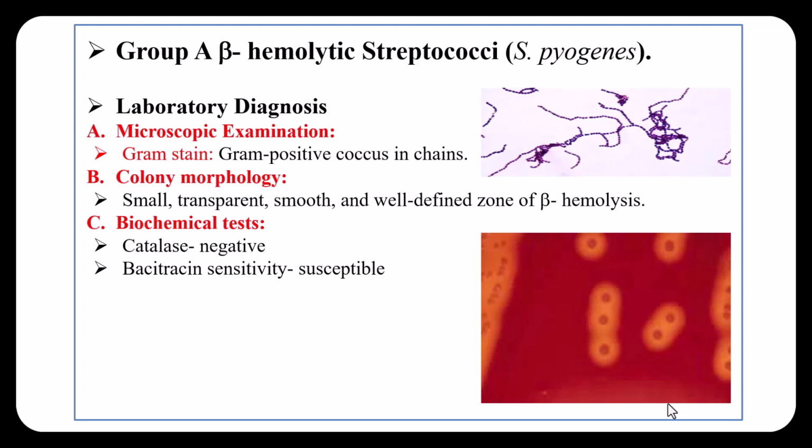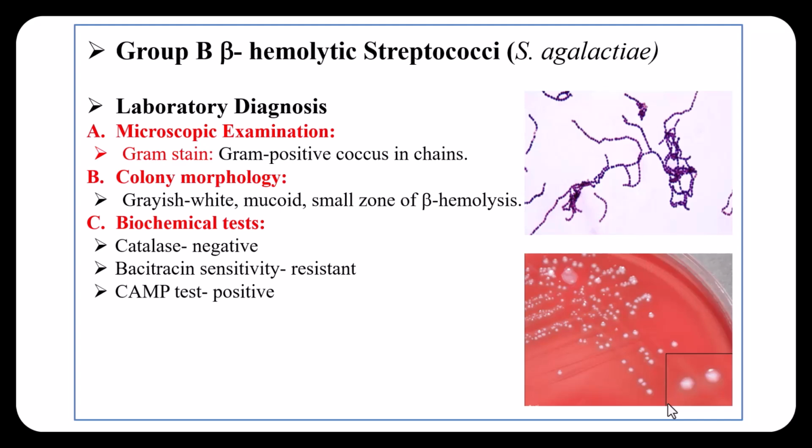while agalactiae is resistant to the bacitracin antibiotic. Now, the group B Streptococcus agalactiae is also beta hemolytic, but it's different from the group A beta hemolytic. Under the microscope, it's also gram-positive cocci arranged in chains when we do the gram stain. Regarding the culture characteristics, when we grow it on blood agar, it produces beta hemolysis, but it's usually narrow beta hemolysis,